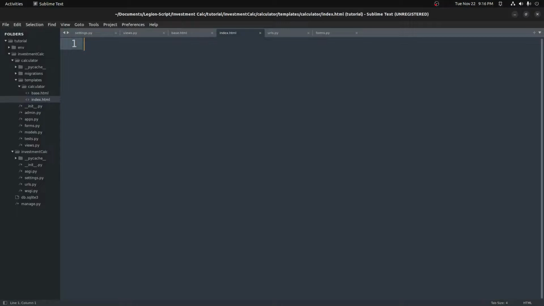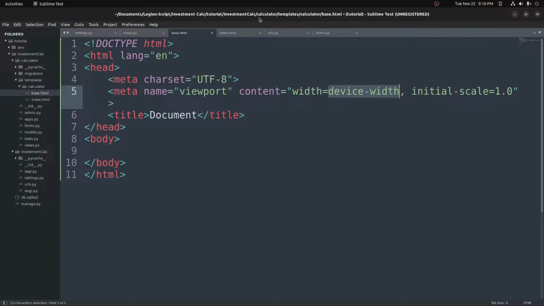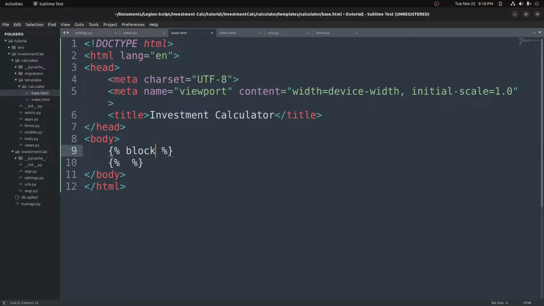So what we'll do here is generate a base template in our base.html. We'll inherit from that in our index to save us from writing code more than once. So I can go ahead and generate just a blank HTML document here. I'll change the title to investment calculator. And then inside of our body, this will be pretty simple. All we need to do is add a Django template tag right here. What we need to add is just a block content, and we'll end the block as well,